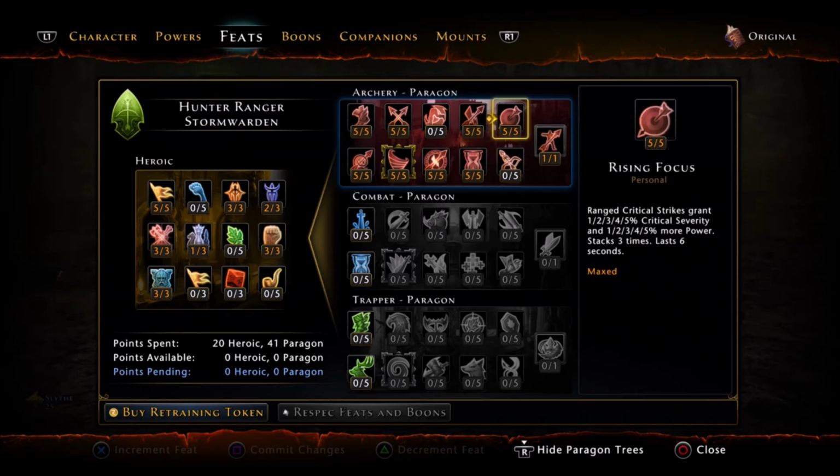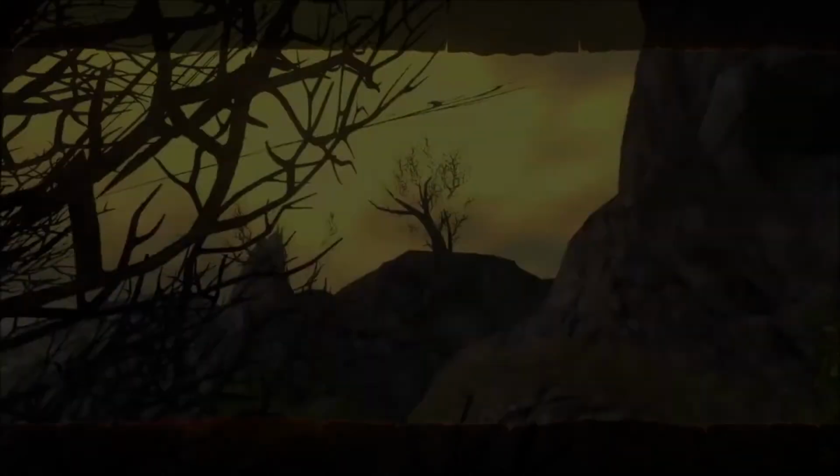I then grabbed Rising Focus. This grants me increased critical strike and critical severity, as well as more power. It stacks up to 3 times and it lasts for 6 seconds, so you can pretty much keep